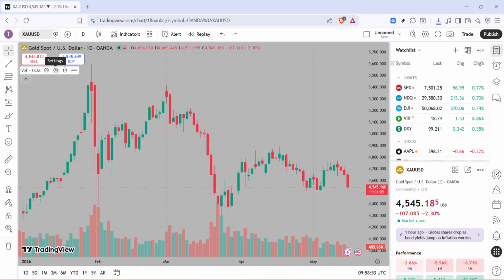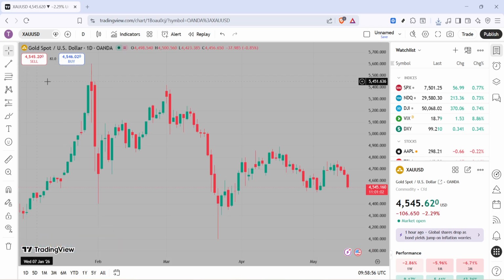The delete button looks like a trash can. Once that mini toolbar is visible, click the delete icon. The volume pane will disappear immediately, and your price chart will expand to fill the space. That's it. The indicator has been removed from the current chart layout. You should notice the layout looks cleaner, with more room to examine candles, trend lines, or any other studies you're